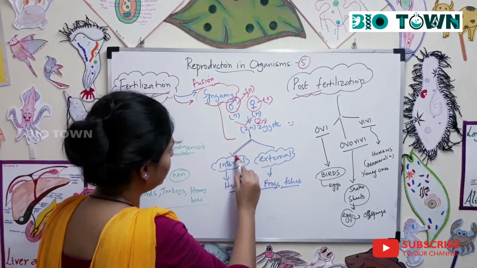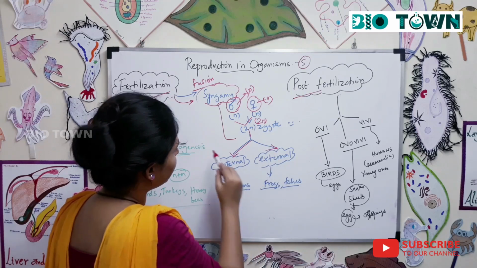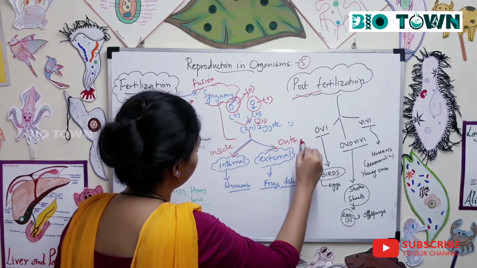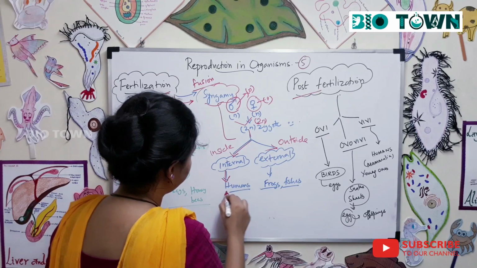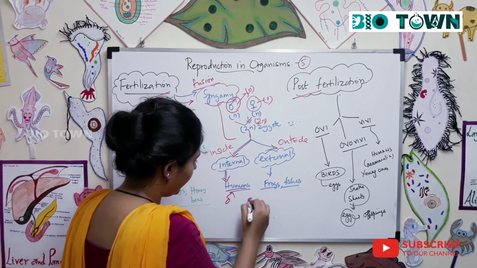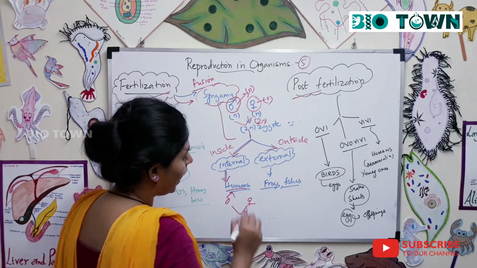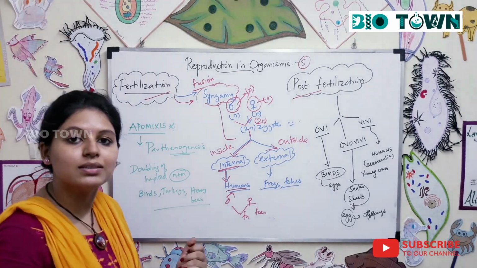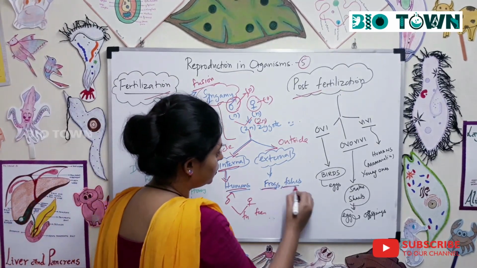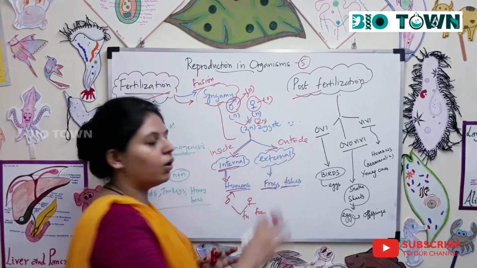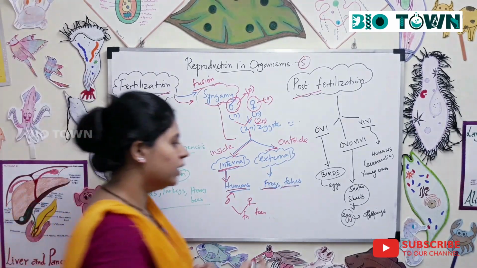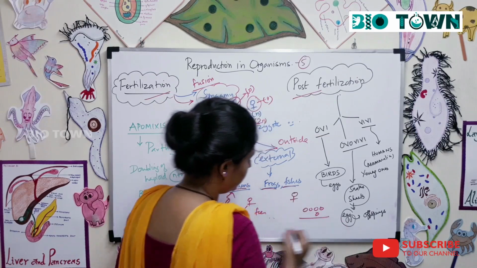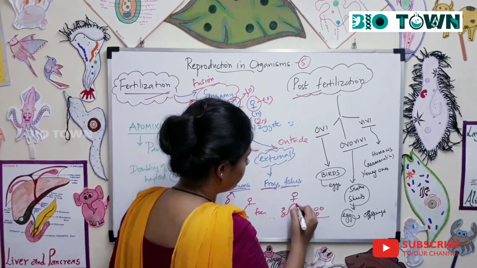But this fertilization could happen internally and externally. Internally, that is inside the body, and externally, which happens outside the body. Now when you take an example of humans, there is a separate male and a female, and this fusion happens inside the female's body, and you call it internal fertilization. But in the case of frogs, toads and fishes, this type of syngamy, or the fusion, happens outside the body. For example, there is a female frog and it lays its eggs in the water body, and there is a male frog which ejaculates its sperm.